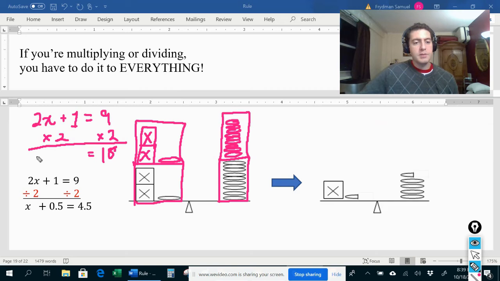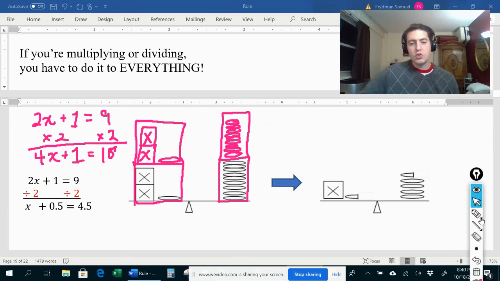If I just multiplied the x's by 2, so 2x times 2 is 4x,